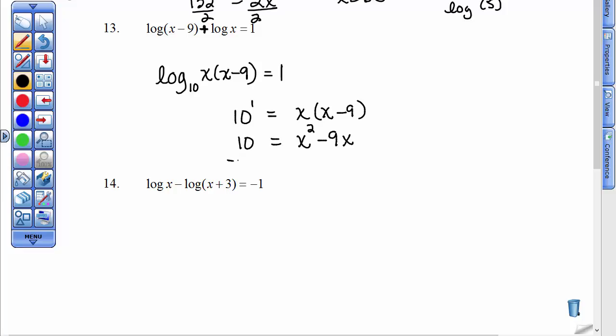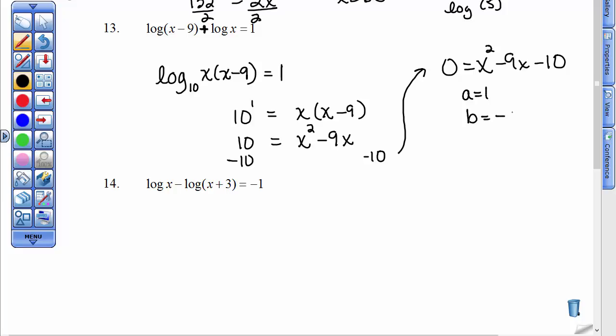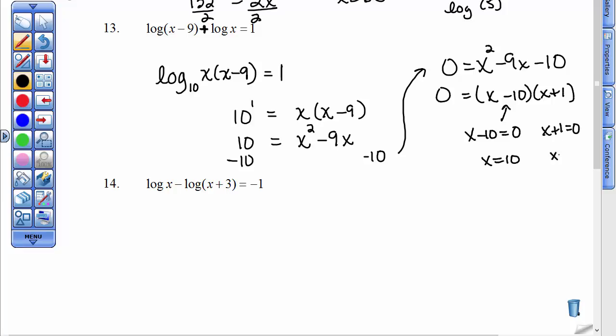See that 10 right there? Let's move it over here. So we have 0 on the left side, and we have x squared minus 9x minus 10. You could put into the quadratic formula a value of a that's 1, b is a -9, and c is a -10, and clean it up and get your two answers for x. However, this problem is factorable too. It factors into x minus 10 times x plus 1. And by the zero product rule, when I set x minus 10 equal to 0, I get one of the answers is 10. And when I set x plus 1 equal to 0, I get the other answer is a